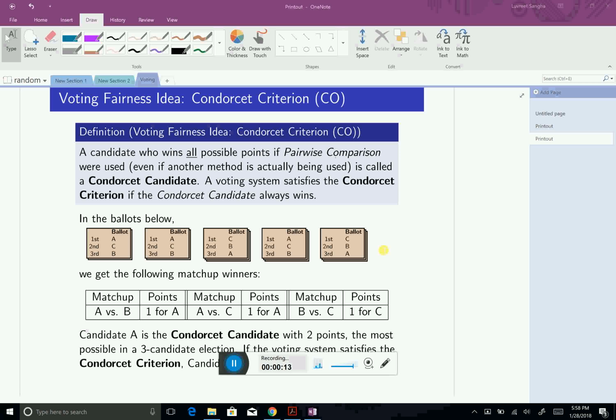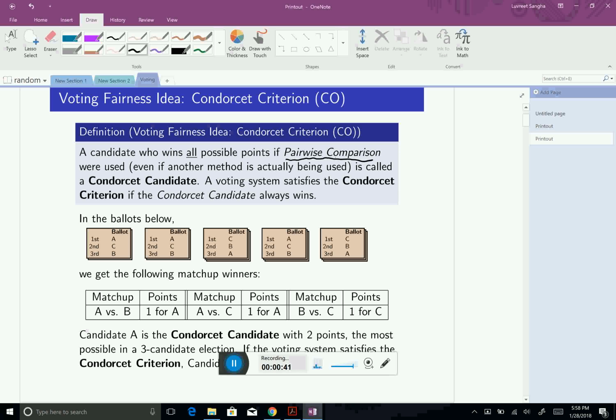So we've talked about two fairness ideas in voting so far. We've talked about what's called the majority criterion, and we've talked about the monotonicity criterion, which is what we talked about in Monday's class. Now I want to talk about what's called the Condorcet criterion. First, when we talked about pairwise comparison,